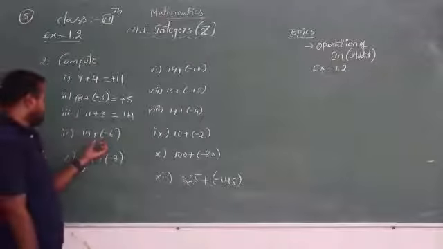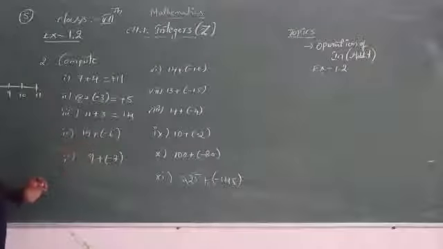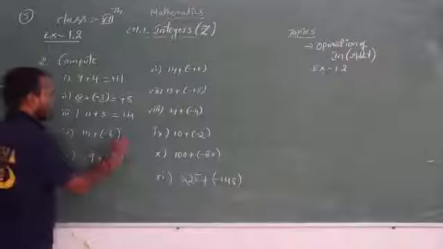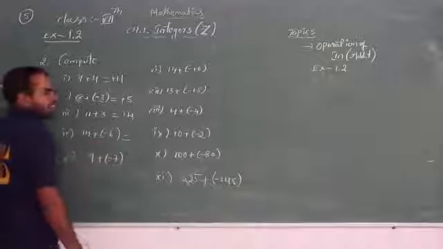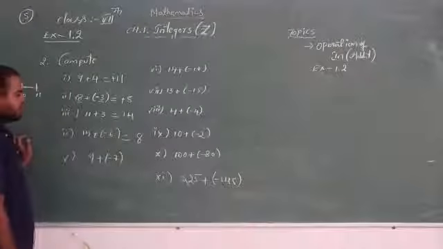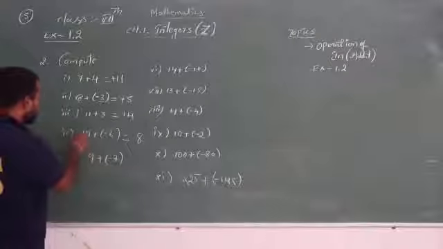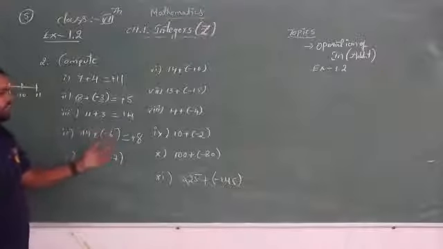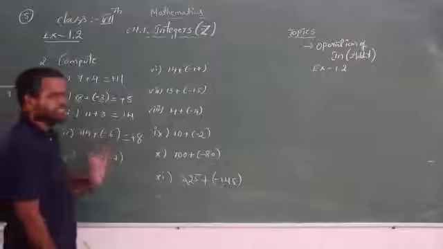Now the fourth one. We are adding a positive integer with a negative integer. Once again, what do we have to do? Whenever we add a positive with a negative, first we subtract the smaller value from the larger value. So 14 minus 6. How much do you get? It is nothing but 8. Now we see which value is greater. 14 is greater. And which sign will it have? Nothing means plus. So our answer is plus 8. If 6 were greater, then we would write minus 8. But here 14 is greater, so it has a plus sign. The answer is plus 8.